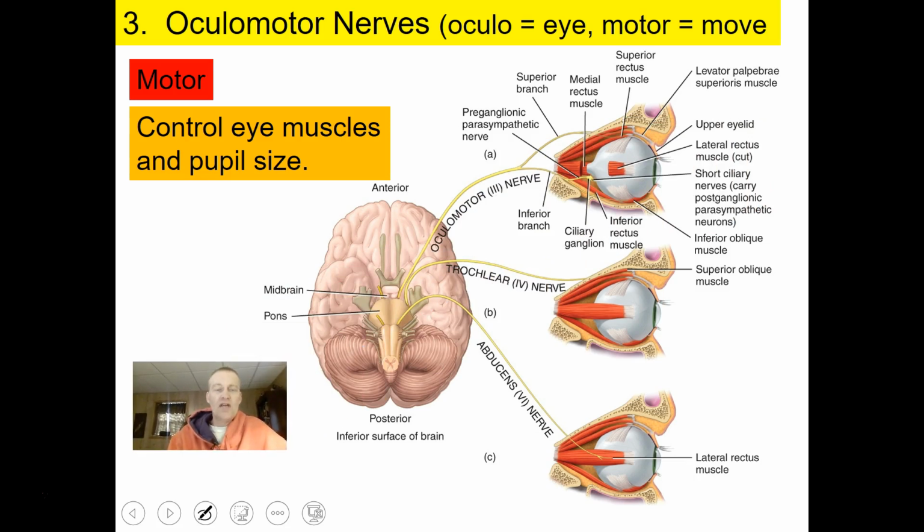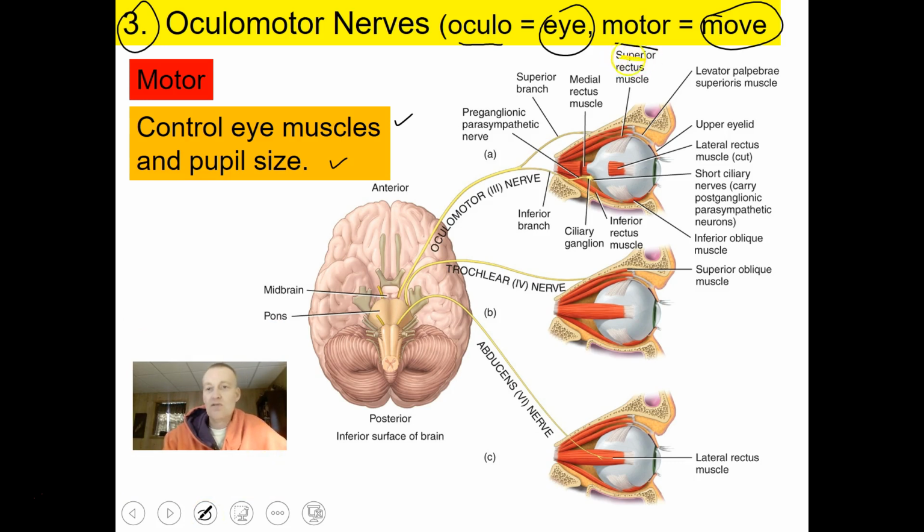So the oculomotor nerve is cranial nerve number 3, and you can see it has oculo there and motor. Oculo means eye, motor means to move. So the job of this particular cranial nerve is to service both of your eyes, and it controls 3 eye muscles, and it controls the muscles that will regulate the size of your pupil. So the 3 muscles that it innervates